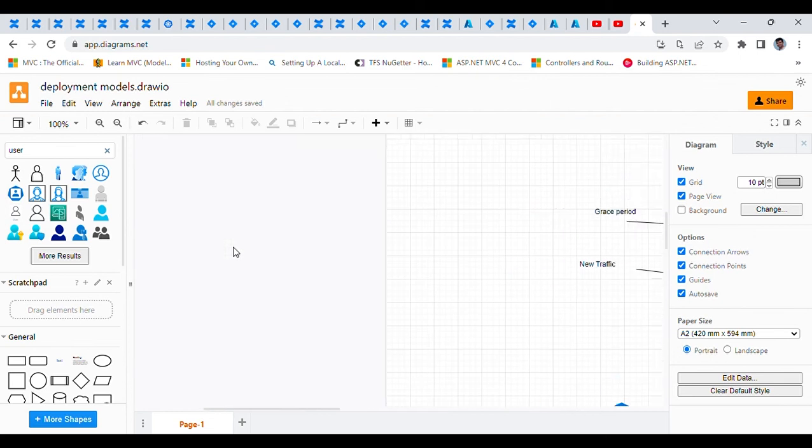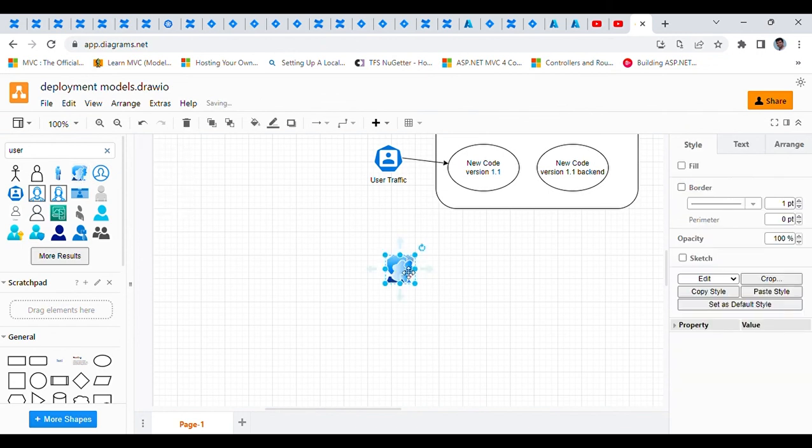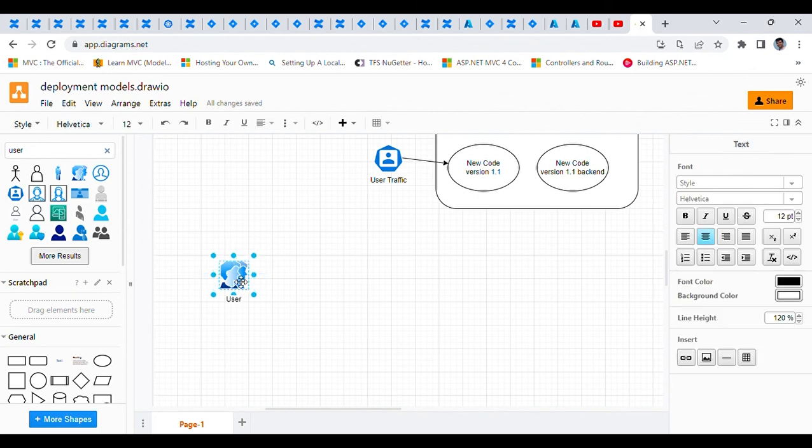Now, what do you mean by canary deployment? Let's see that. Assume that you are, say, Facebook, and you have developed some feature that you want to release only to the US audience or only to an Indian audience, for example, or you have developed some feature that you want to test with alpha users or beta users or for UAT. If you need to do that, then what you will do? Let this be a regular user,